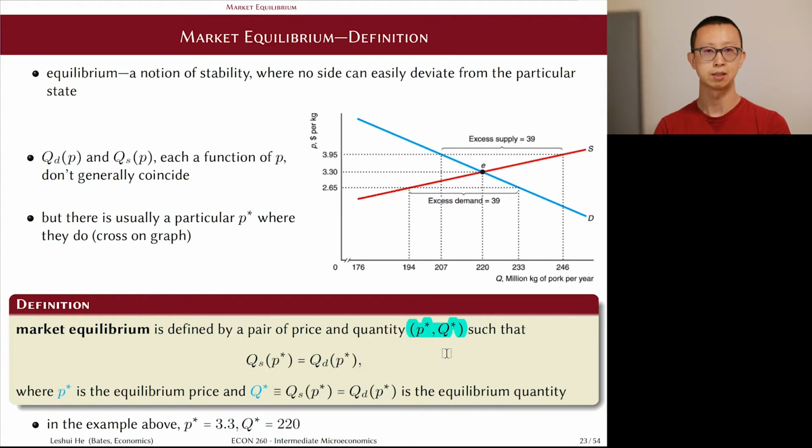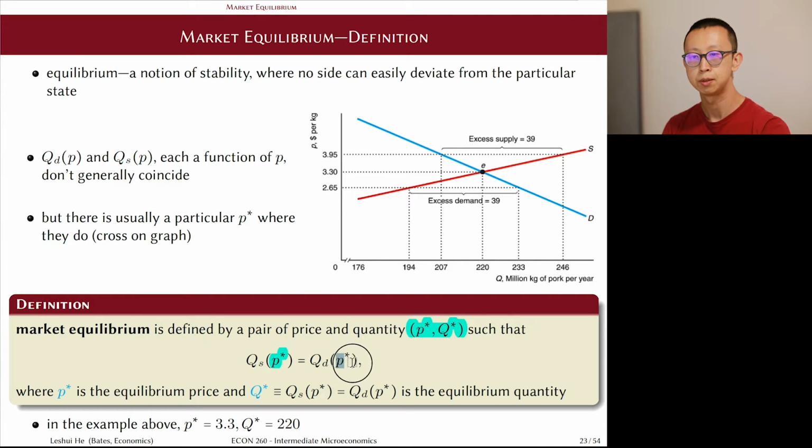Well, they have to satisfy a particular condition, and that is the demand and supply curves have to cross at this particular point. So when would this pair of price and quantity be special such that demand and supply curves would cross? Or the buyers and sellers would agree on how much they are willing to buy and sell? Well, we can post the same price to the sellers